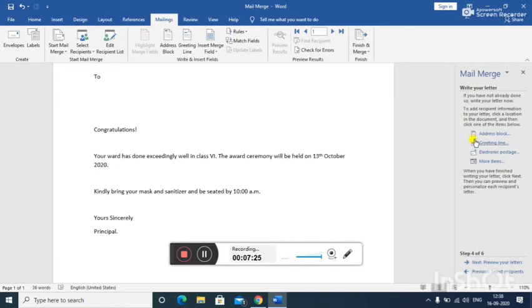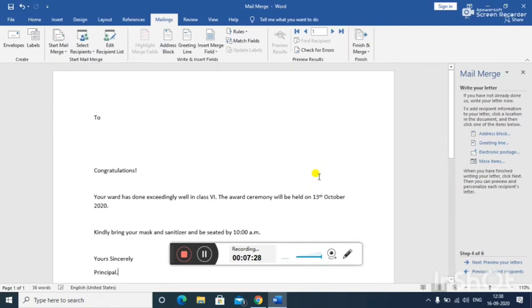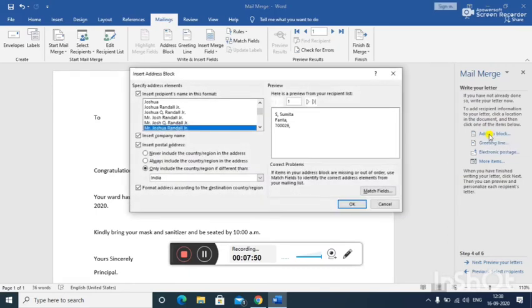When you click on the address block, as we have saved the address of Santa as 500030, we just place it where we want the address, like to whom, like Santa. So we have to now click on the address block. As you can see, this type of thing appears. Here it will say S Sumita Fanta 700029. It will just come like here.